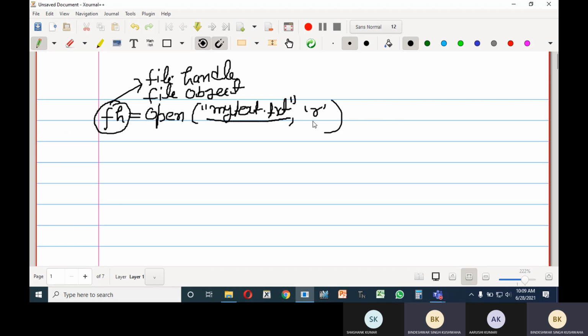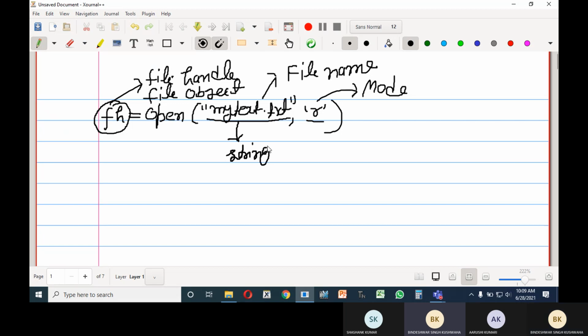So this one is the file name, this one is the mode, and this is the file name. See that this is the open function. This argument is a string, and this is also a string. So this is a string, and this is a default argument.